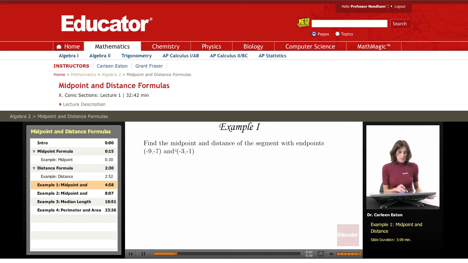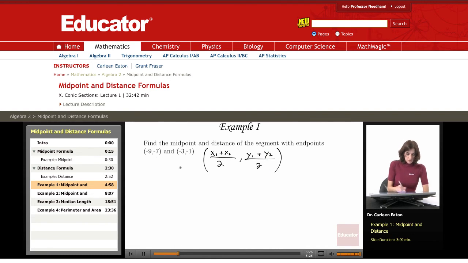Example, we're asked to find the midpoint and distance of the segments with these endpoints, (-9, -7) and (-3, -1). So recall that the midpoint formula just involves finding the average of the x coordinates of the 2 points and the average of the y coordinates of the 2 points. Applying these values to this set of equations gives me